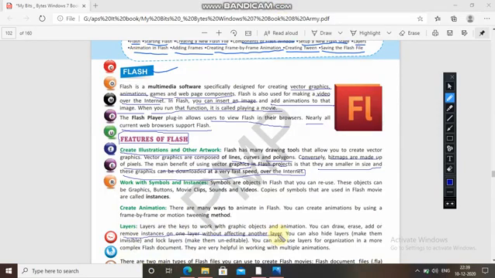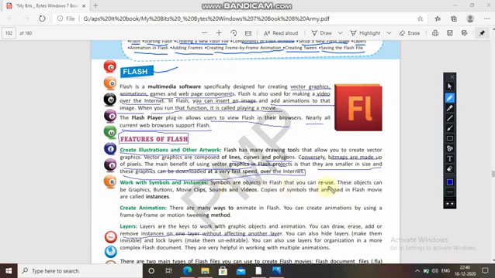As you can see, layers were there in Photoshop also. If you are working on the first photo, that shows the first layer. Then you come to the second photo, it starts a second layer. Then you come to the third, it starts a third layer. Okay. If you do any changes in the first layer, that does not affect the second or third layer. So that's why it is said that